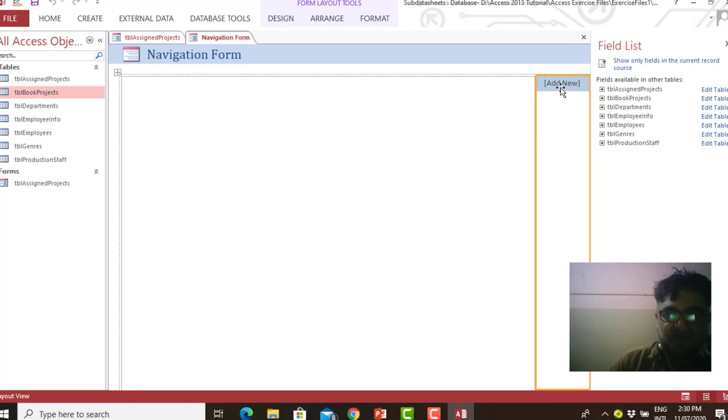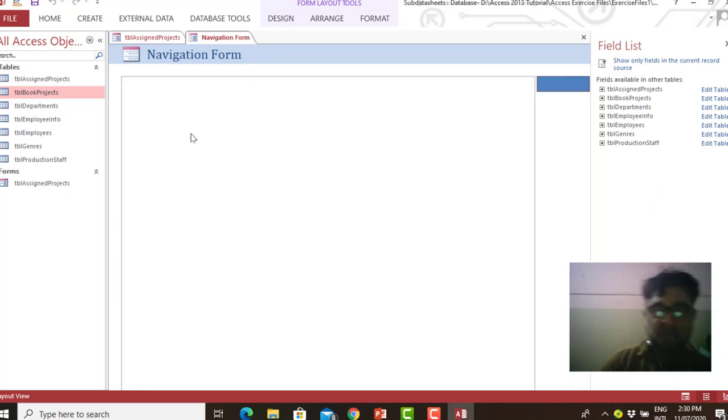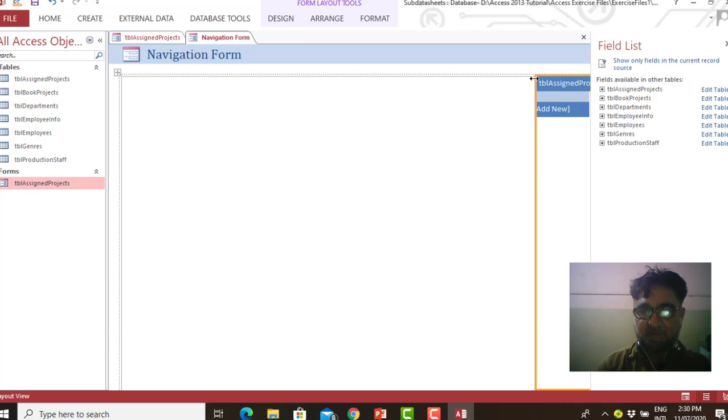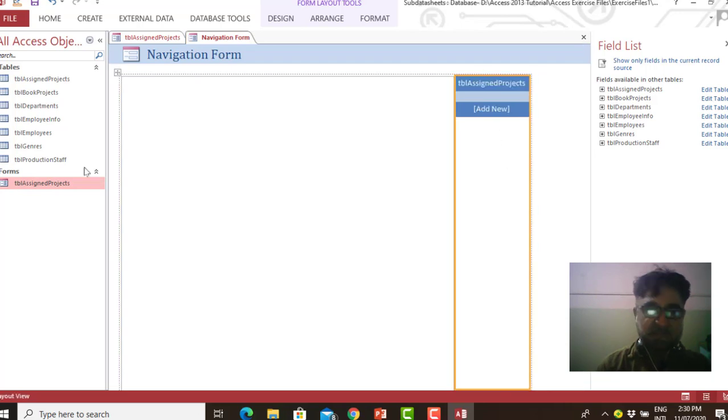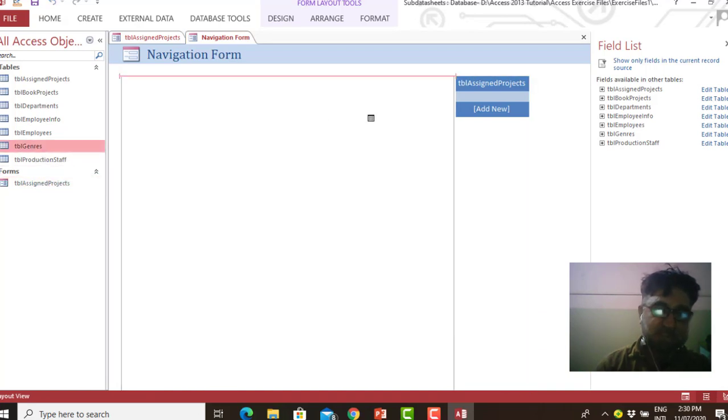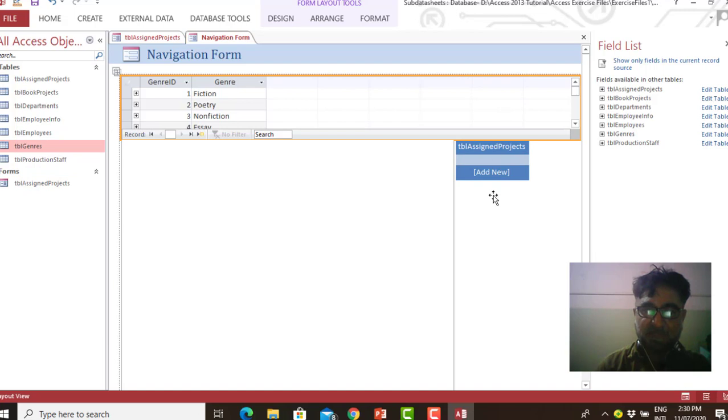For example, we select this, add, you bring this form here, yes, like this, it is added, bring it, make it a little bit wider, like this. For example, you add this TBL genre, this is also added, so it is coming in this view.